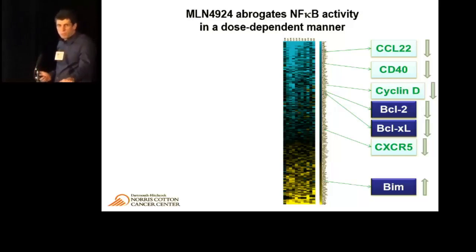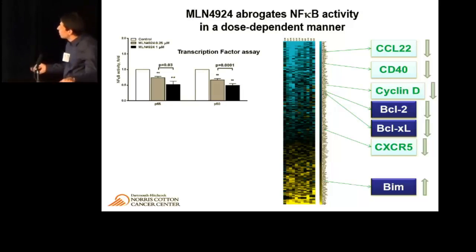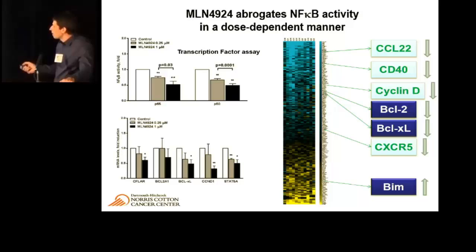So importantly, we found that a well-recognized target of NF-kappa-B, coded by the BIC gene, which is miR-155, was one of the most reduced targets in our gene expression array. So we confirmed, using a transcription factor assay, that this effect was dose-dependent. And here you see a decrease in p50 and p65 DNA binding. And then we validated several of our genes and again saw a dose dependence in